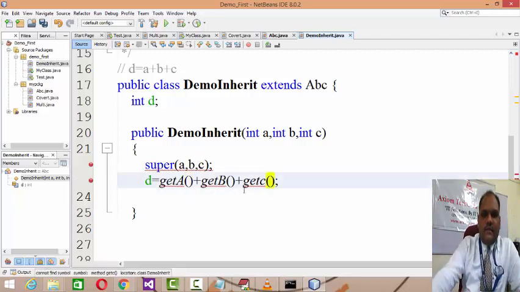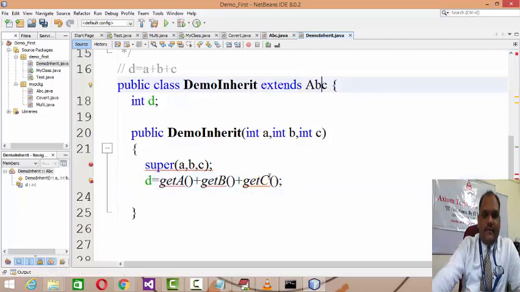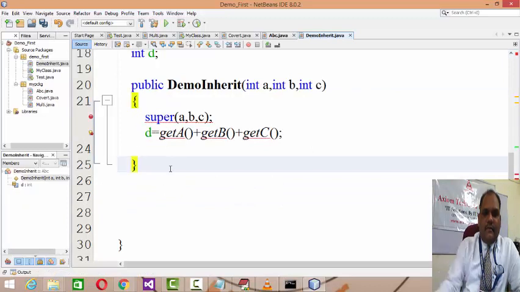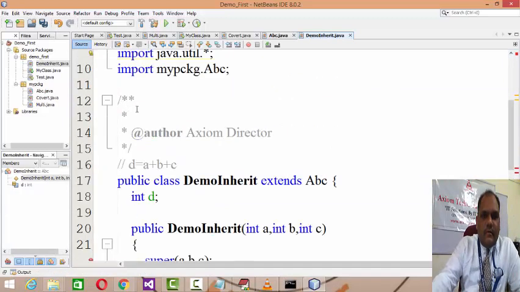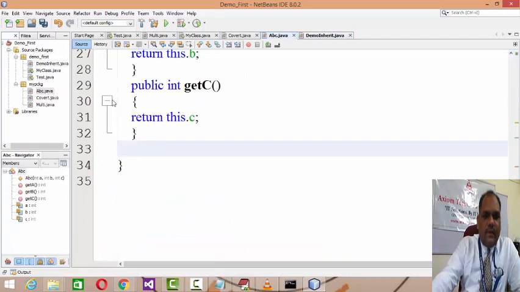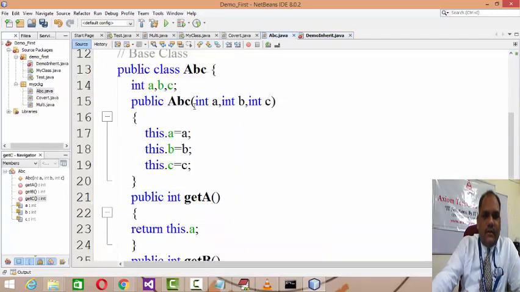Now getA, getB, getC are the methods belonging to your extended ABC class. Let us see, we have the ABC class in mypkg and public ABC, perfect.